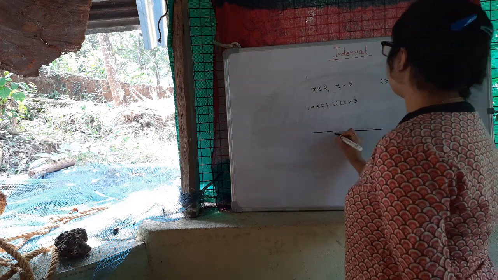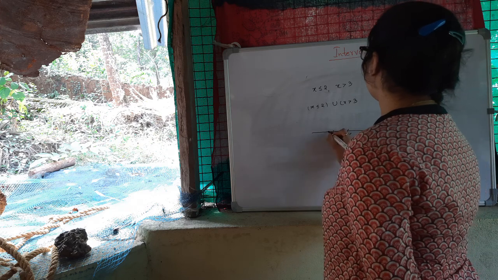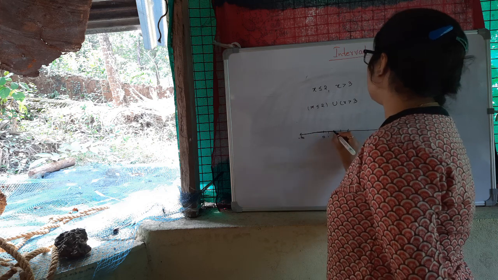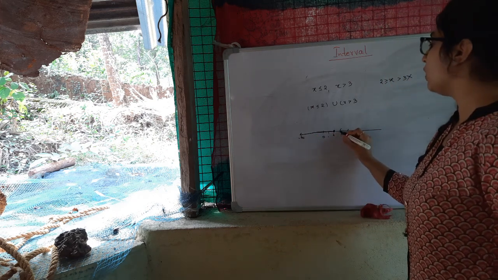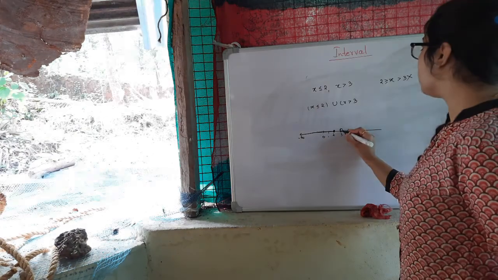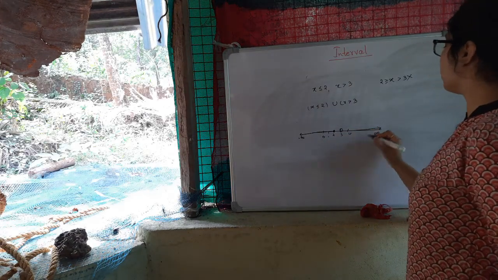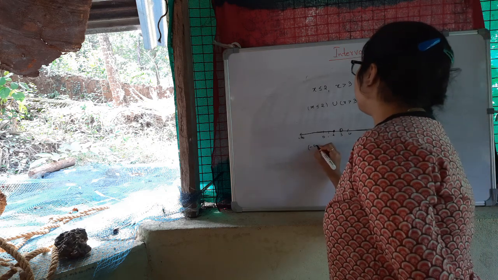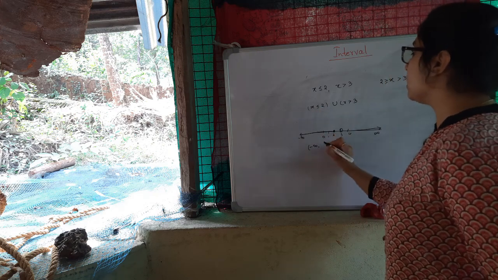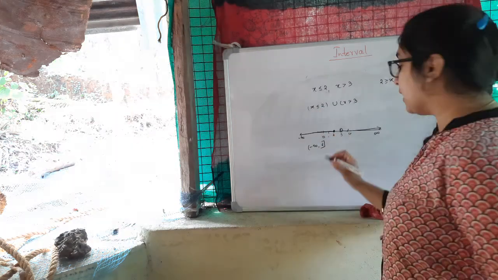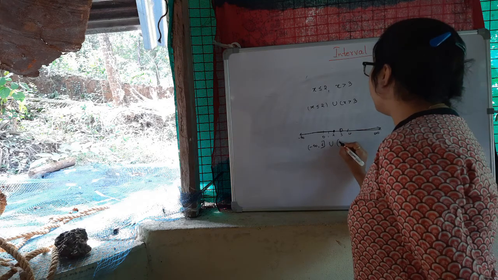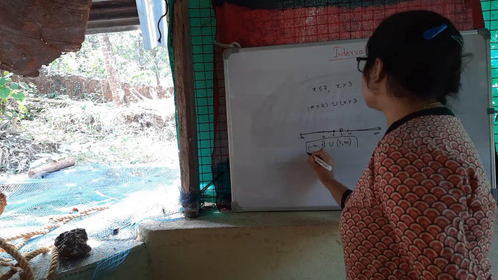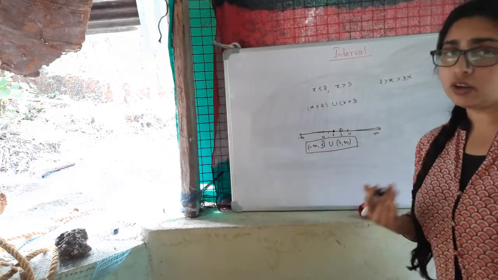So if you consider the number line 2, 3, 4, 1, 0, less than or equal to 2 means it is going till minus infinity. This is included, but here 3 is not included. This is an open circle and it goes on till infinity. So this is included, this is not included. This can be written as minus infinity, and since 2 is included, I can use the square bracket, union, 3 is not included, so open bracket 3 infinity. So this one will be your interval notation when you have more than one interval.